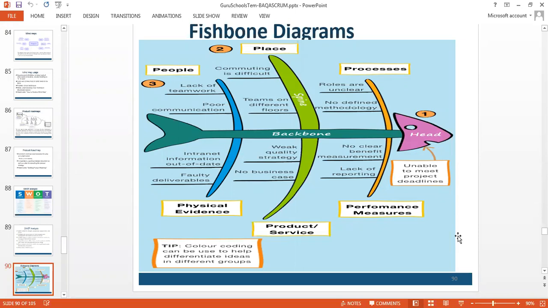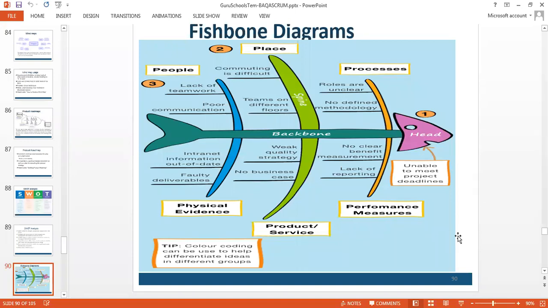So we are just trying to understand how it's drawn, how we can draw it. Basically here we have something like a fish backbone, right? And we try to plot the activities or progress along those backbones. We have spines like branches, we have a head like whatever the overall project outcome can be, what is perceived. So there are a couple of things which we plot in these diagrams.